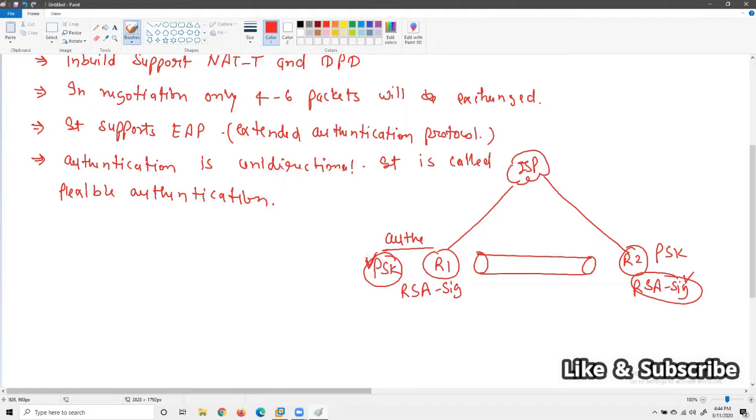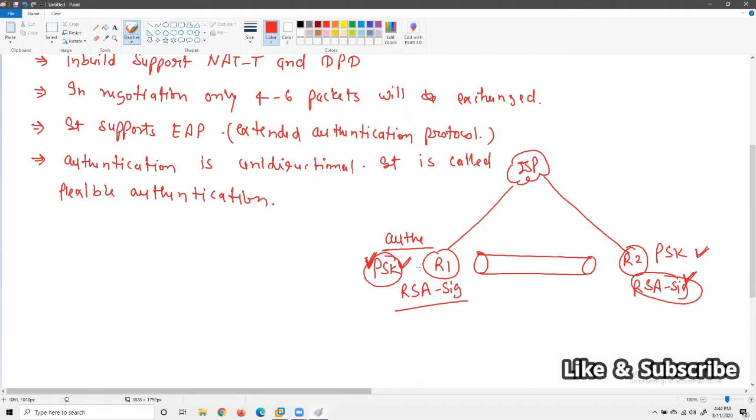One side will authenticate itself with the help of pre-shared key, and another side will authenticate itself with the help of RSA signature. And if you want to use the same authentication method on both sides, then you can do it. There is no problem. If you just want to use pre-shared key from both sides, you can. If you want to use RSA signatures from both sides, you can.